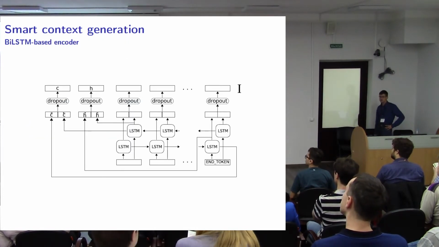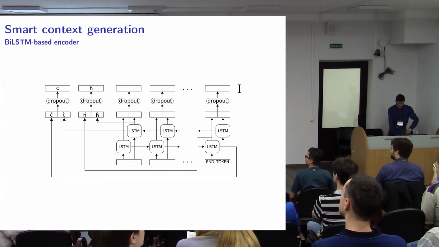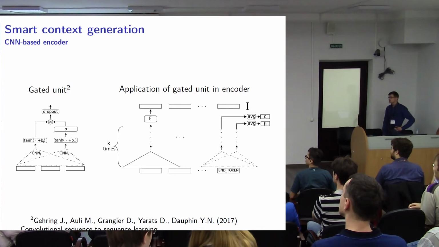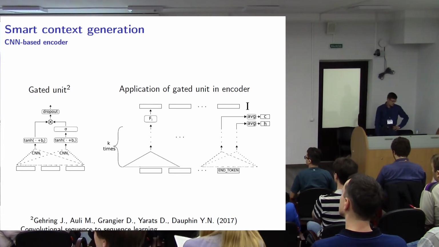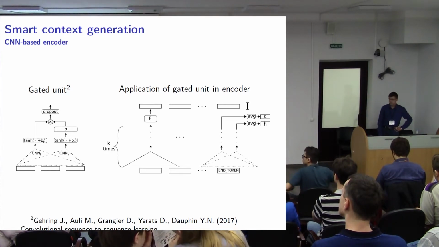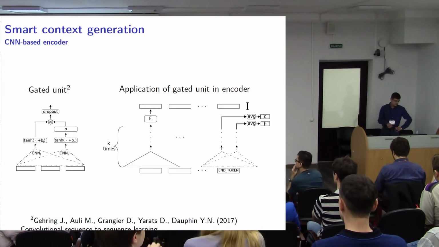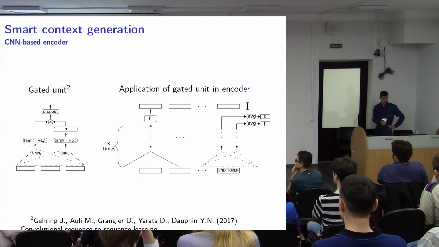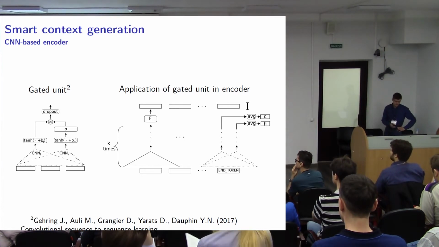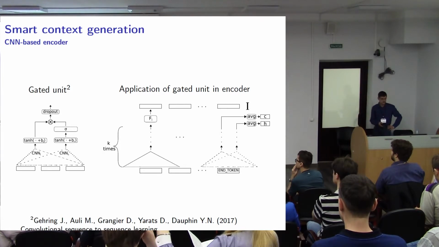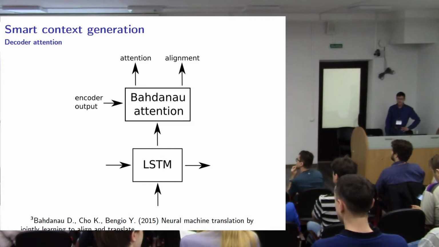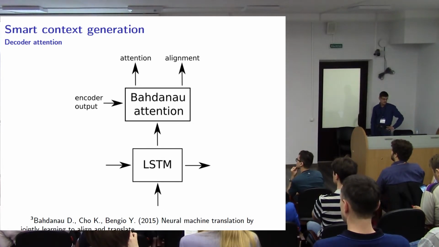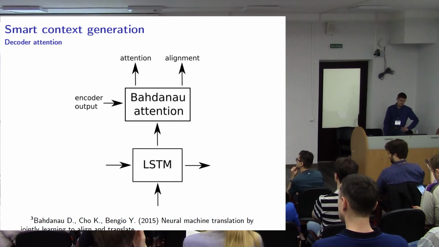We've got two types of encoder. One of them is BiLSTM, which is quite popular, and another one is a CNN-based encoder. It is based on gated units, which we took from the paper below. The structure is on the slide. So there are several layers of gated units which produce intermediate representation of tokens, and different sets of such gated units are used to create K and V vectors for the decoder. And another interesting thing is the heart of the decoder. It's an LSTM cell with attention mechanism, and the attention mechanism can provide an attention vector and alignment.